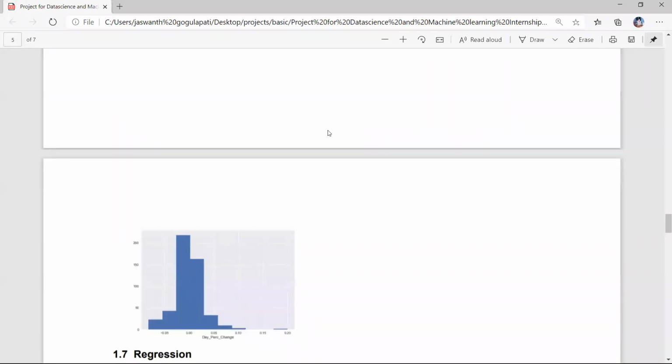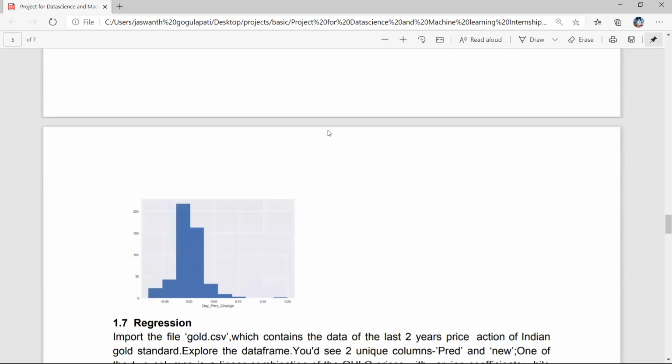We'll plot the histogram according to the day percent. Actually a histogram is nothing but visualizing our data, dividing it into some bins, like that. Bins means baskets. So in 0 to minus 0.05, I said the day percent means the consecutive two days' change in price, no. So what is the number of days the day percent change is between 0 and minus 0.05? If day percent is a negative value,